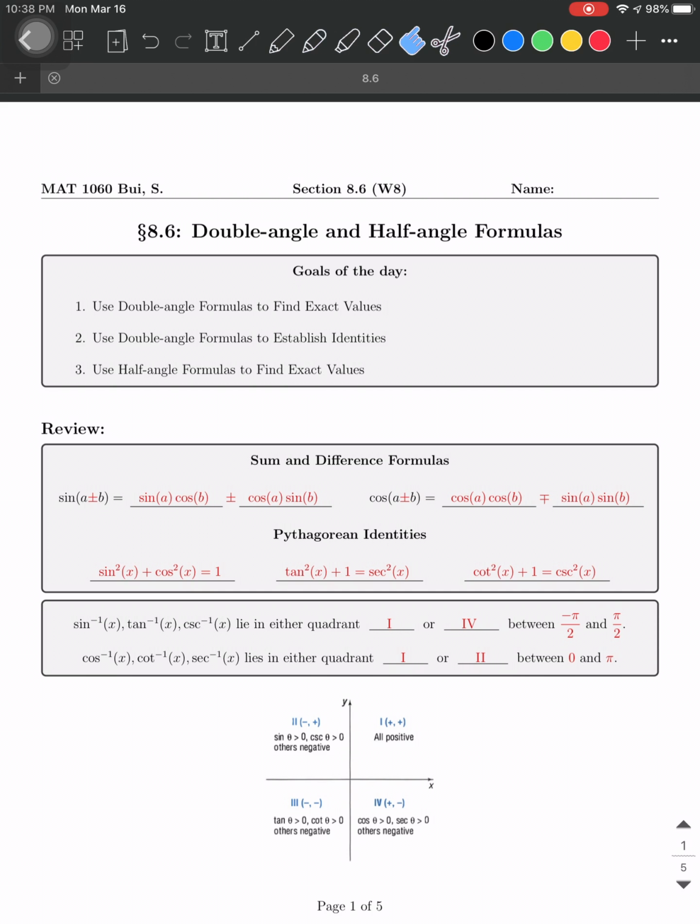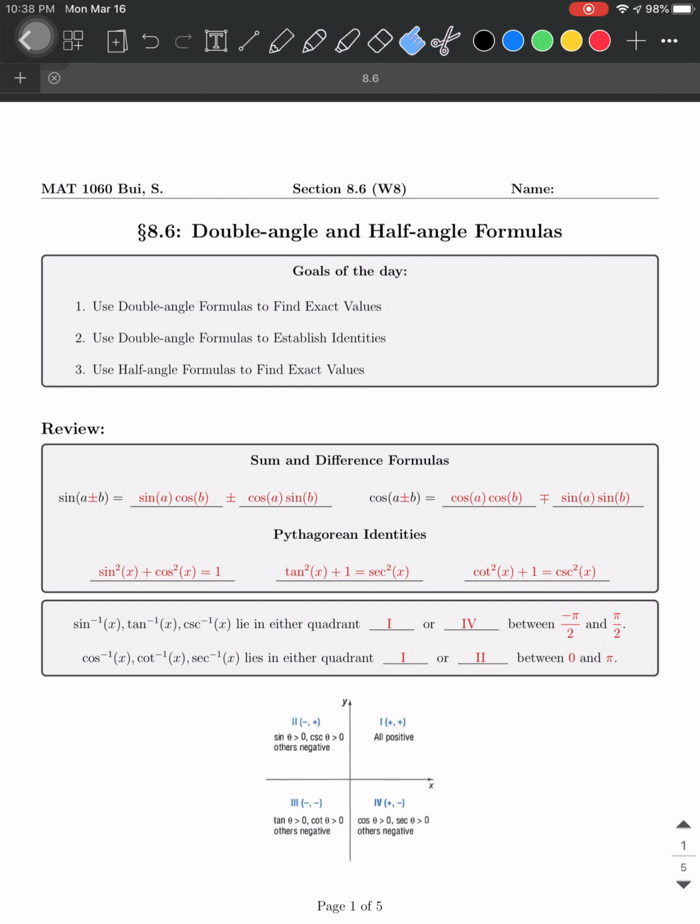Hi class. So last time we learned about the sum and difference formulas and also their applications to establish more identities and to handle unknown angles or tricky inverse functions. So before we start the lesson for today, I would like to review the formulas of the sum and difference